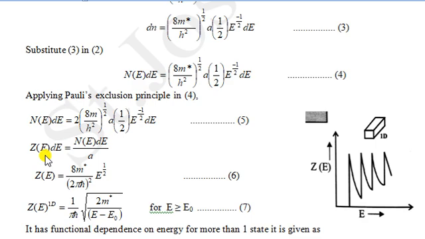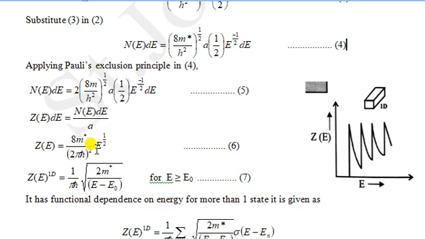Density of states per unit length: dividing this equation by a, the a cancels. Therefore we get 8m star by h squared, which will be changed into 2 pi h bar squared. We already saw it in the quantum well. So (8m star by 2 pi h bar squared) into E to the power half. In the case of the quantum well, we don't have any E term; that is a constant, we have only the constant term. But here we have the energy term E. Therefore, how can we write the density of states? The density of states in one dimension, rearranging this equation,